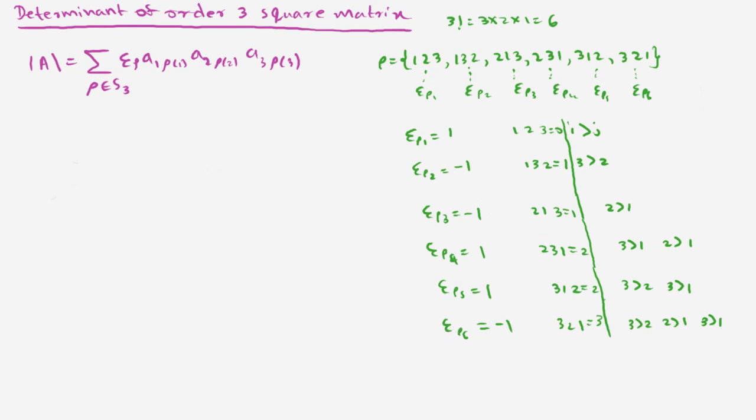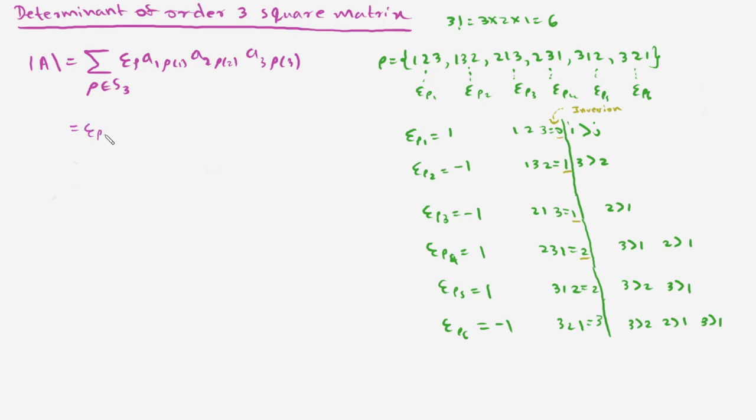And remember, this count is nothing but the corresponding inversions. So if I take 1 2 3, there will be 0 inversions. If I take 1 3 2, there will be 1 inversion, then again 1 inversion, 2 inversions, and likewise it will generate the inversion count. We can just remember that as well, but we can mechanically generate these epsilon values as well. Okay, then you can write the formula.